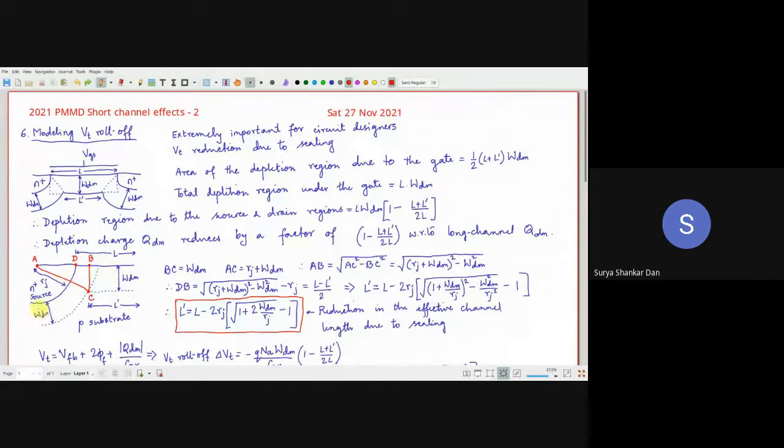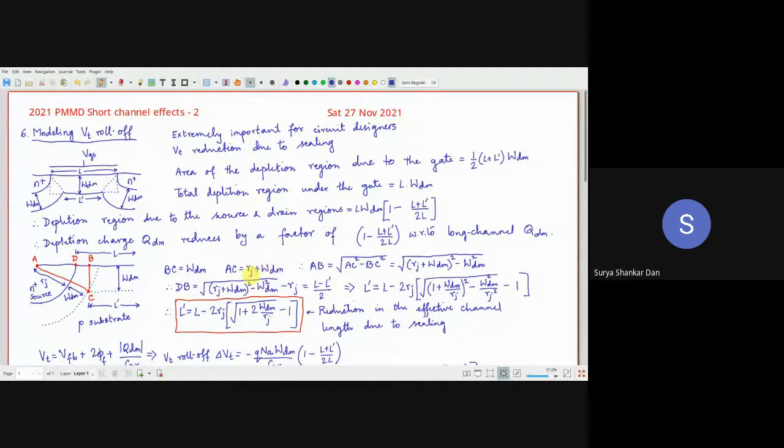All right. So this is like a concentric, annular ring-like structure. Okay, so if it is WDM, then we will just resort to Pythagoras theorem and school level geometry. Now notice this C is the point. So basically this region is completely under the gate control. So what we will do is BC is equal to how much? WDM. What is the value of AC? Rj plus WDM here. So this is also WDM.